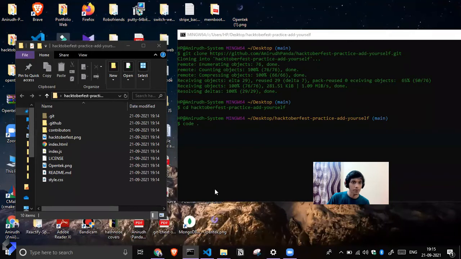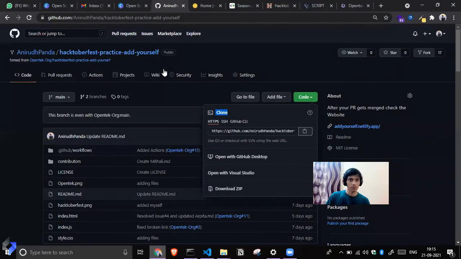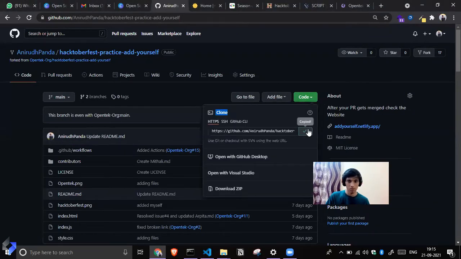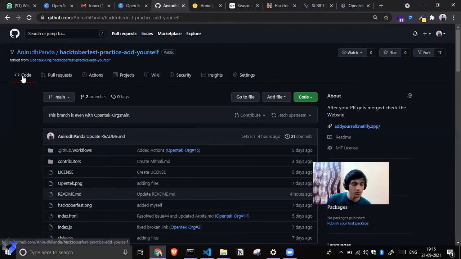Sir, it is showing that it is unable to access that link, unable to get local issuer certificate. Which link are you unable to access? A forked repository link, like this one. Have you forked it earlier? Yes, sir.